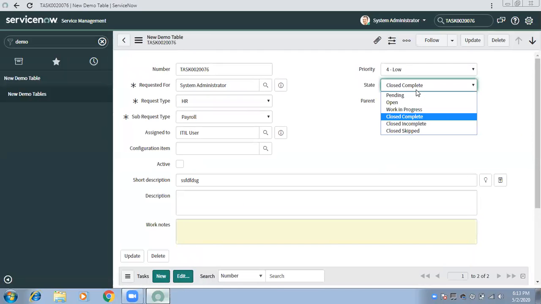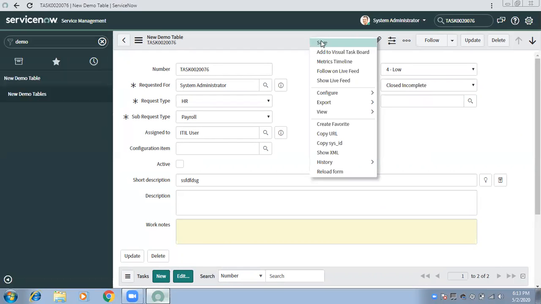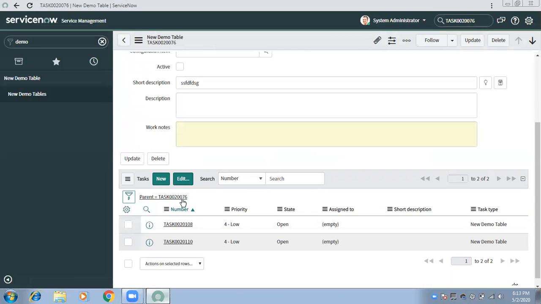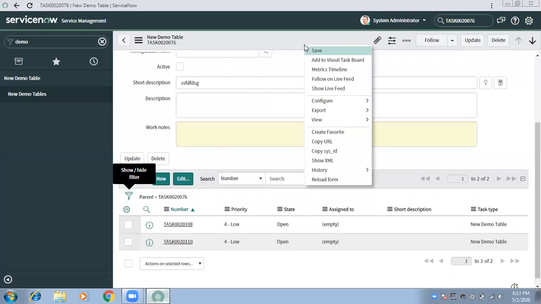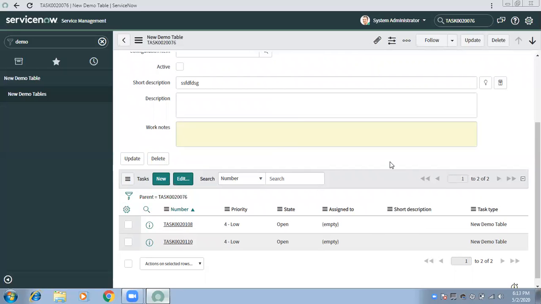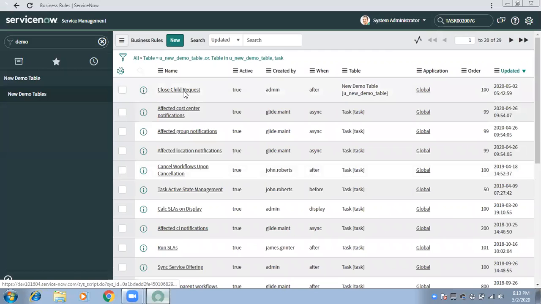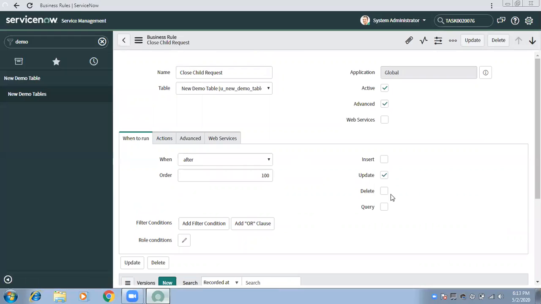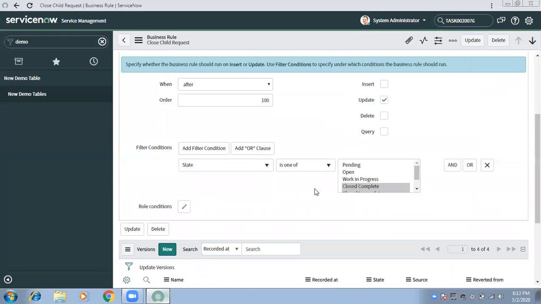Let me try again. Good. We can troubleshoot it. If I open this, after update create, then I am saying if state is one of these, this is correct.